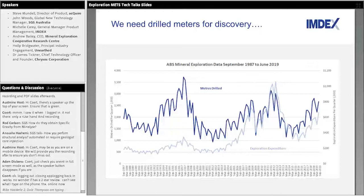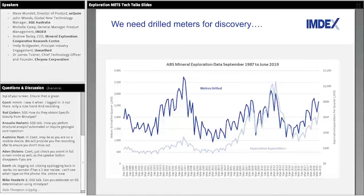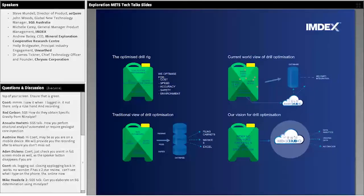Obviously, drilling the holes is how we get data in the first place, and we know that increasingly over the last 10 years in particular, the cost of drilling has been increasing, which means that we're not getting to spend as much of our exploration budget in the ground. So anything that we can do that means we can drill more metres will in fact fundamentally shift the effectiveness